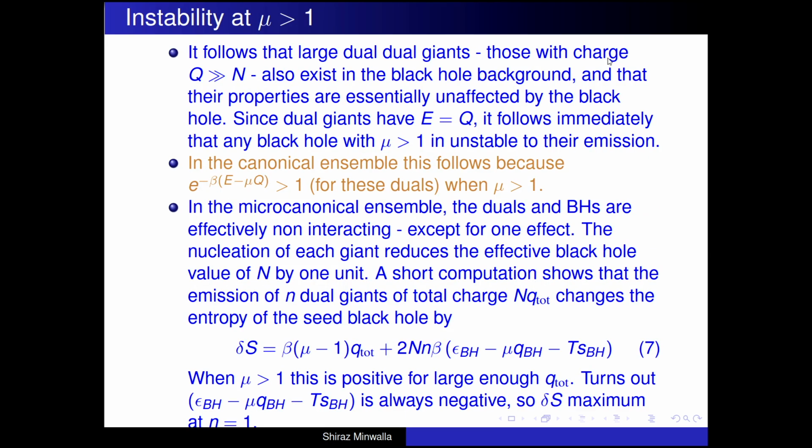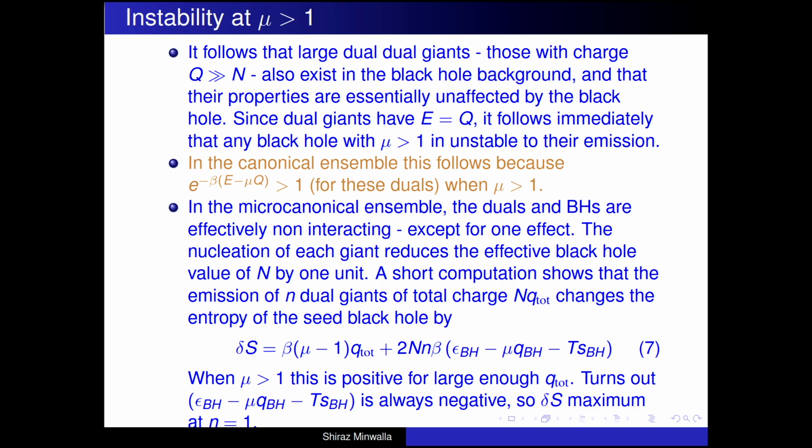Do the other chiral modes play a role? Well, there's a very simple argument saying that they do. And the simple argument goes this way. Recall that when charge is large enough, of order N or larger, gravitons blow up into various things: giant gravitons or dual giant gravitons. The ones that are of importance to me are dual giants. Dual giants become bigger and bigger. Their radius goes like the square root of q, where q is the charge of the graviton in units of N. So when you take a dual giant with charge which is large in units of N, it becomes extremely big.